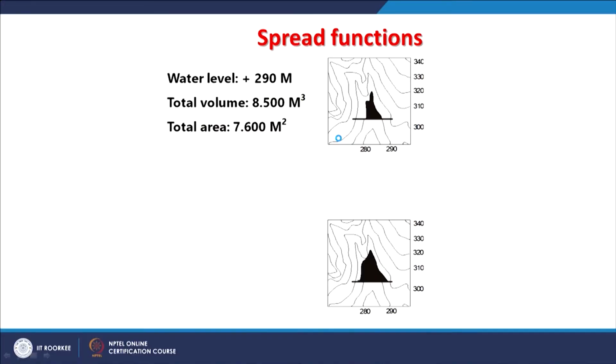And this is about the dam construction. First I am showing through a schematic, and later on through a demonstration I would be showing how to simulate or model this on the GIS software. Here, in the background, what you are seeing are contours, but we are basically using the digital elevation model; for simplicity, the terrain is shown through topographic contours. What are the conditions? The water level is plus, meaning above this, so 290 meter above mean sea level. That is why plus is there.